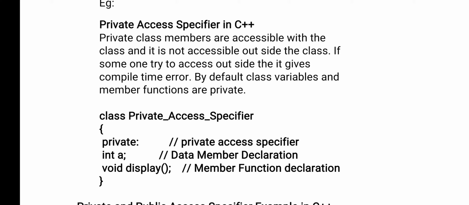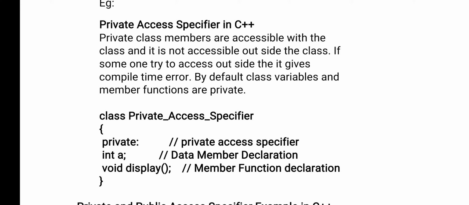If you have declared anything inside the private access specifier, that can be accessed only by the class in which it is declared. Okay, example, in class A you have declared some variables as private. Then it means you can use that variable inside that class only. That variable you cannot access outside that class. So that means you are providing security for your data. You are not sharing your data with other classes and other functions.